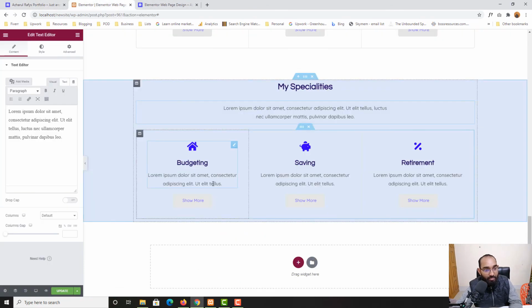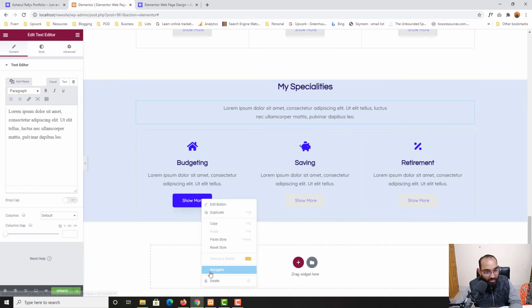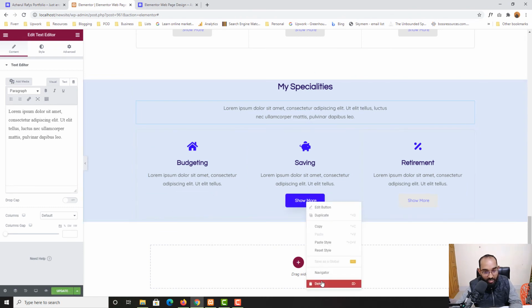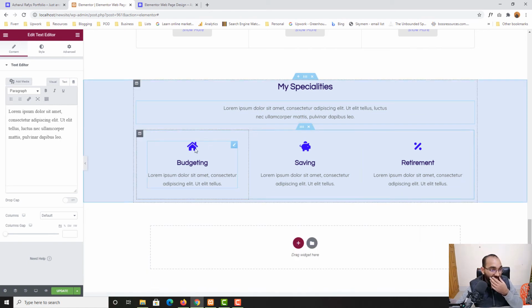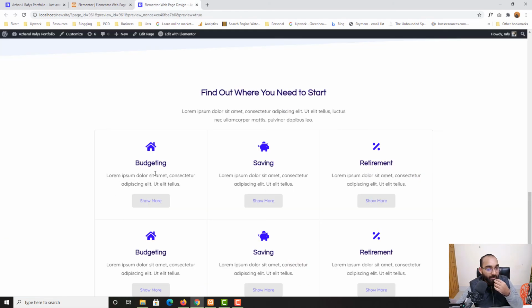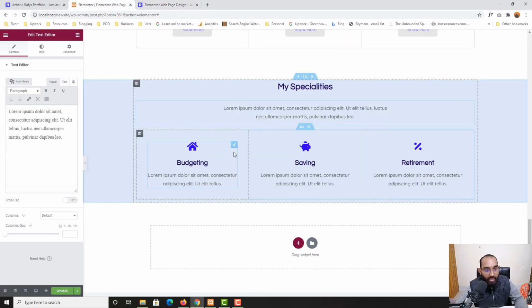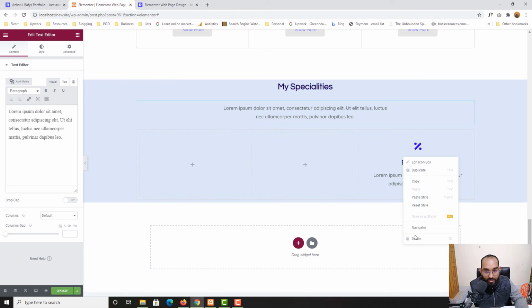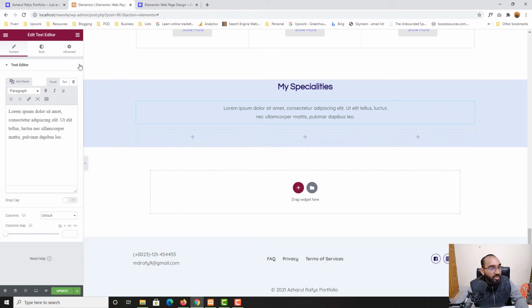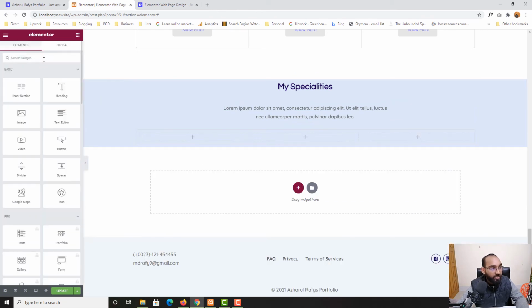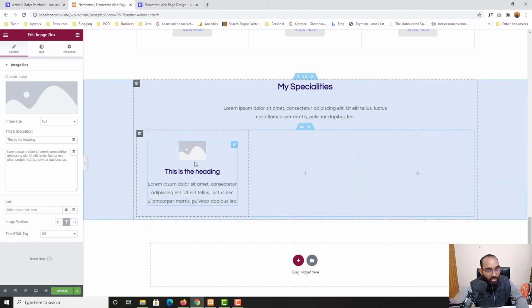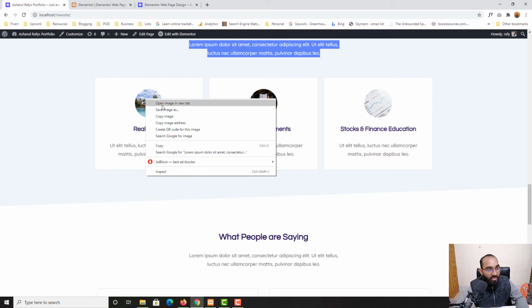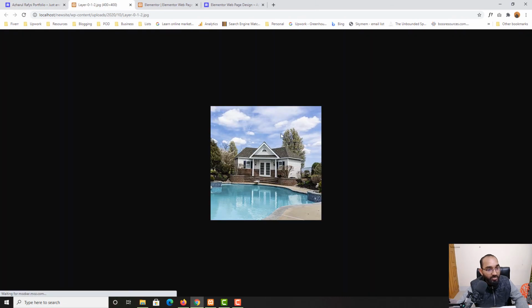So let me take you back. I'm going to remove these buttons from here, remove this button, remove this button, and actually they are going to be image boxes, not these icon boxes. So I'm going to remove these things as well. There should be image boxes. Now let me take you back, and from here if I type out image, and here we go, we have got image box. I have to provide this image, so let me open this image up in a new tab,